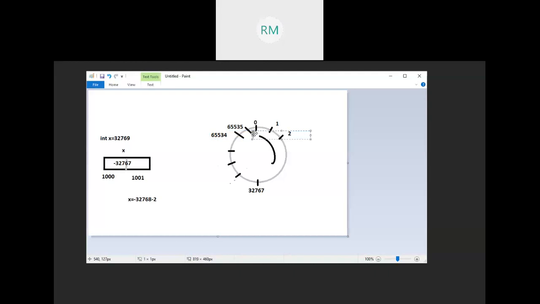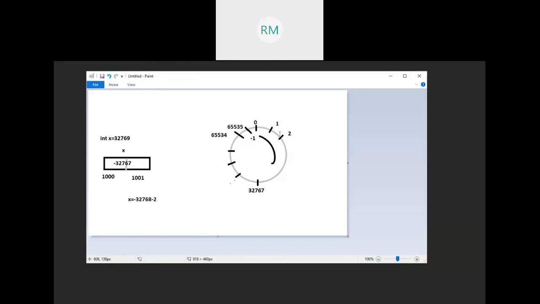The immediate left value is equivalent to -1. What is the equivalent of -1 in unsigned integer? 65,535. So here -2 gives 65,534. If it is a negative number, count in anti-clockwise direction, find its equivalent number, and assign that number to the variable. That's it.